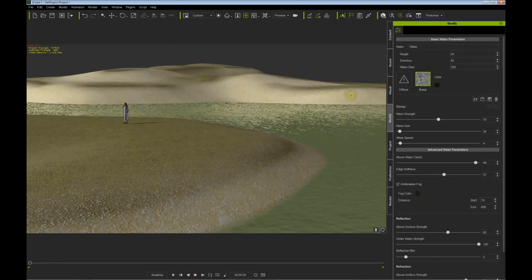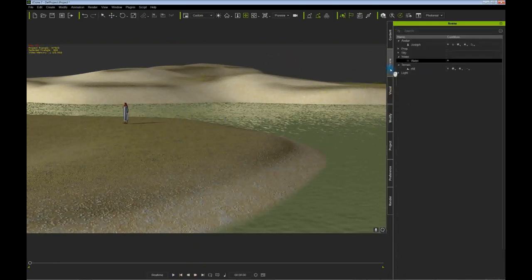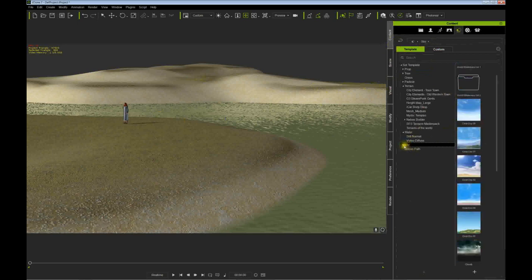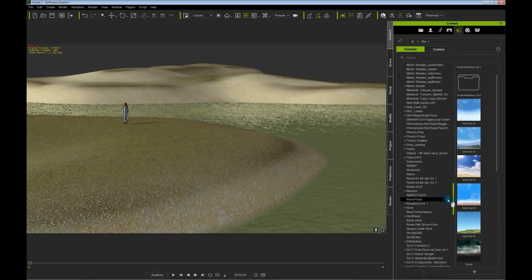Now of course we need a sky. I use what I prefer. You can of course use the skies here that come. They're a little limited now. You can't really scale them like you used to. You can scale them, it's just not quite as easy to do. So if you choose, I really like these props called